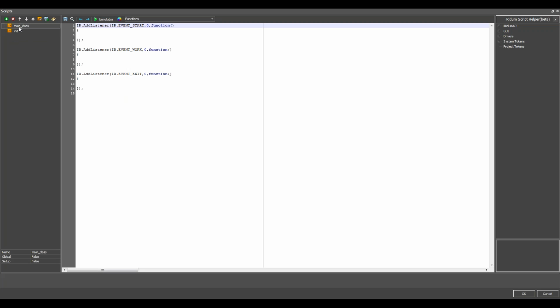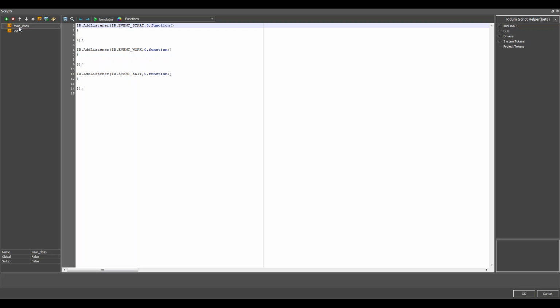So, for example, the integrator downloads from the iRidium store 10 modules for Sonos. It is one more. The end user has 10 Sonos devices, so the i3 Lite application should create 10 examples of the main Sonos class.